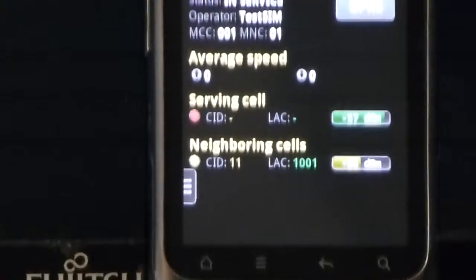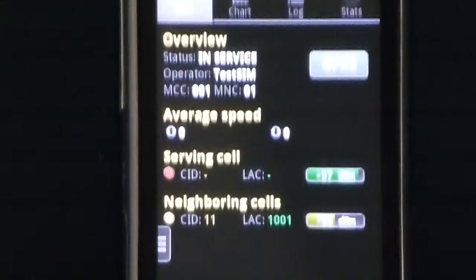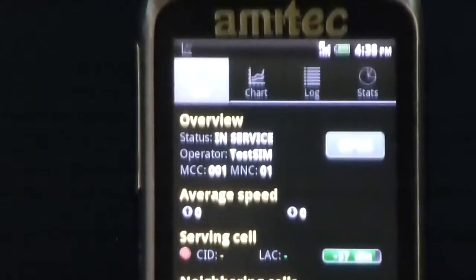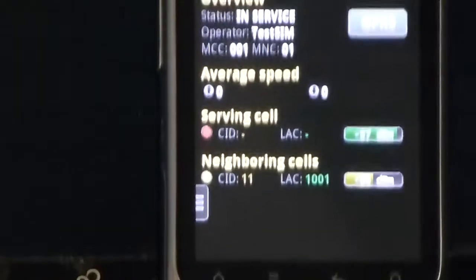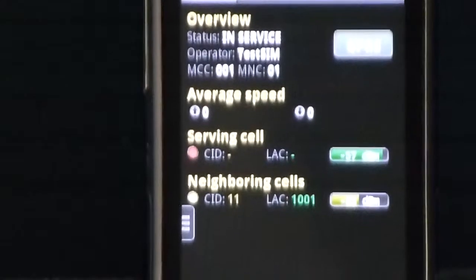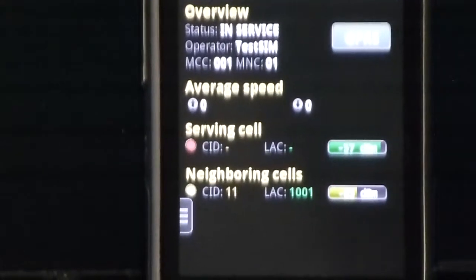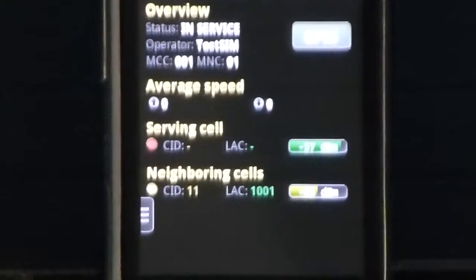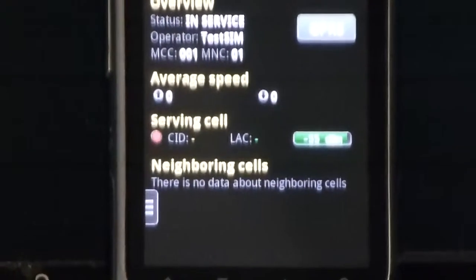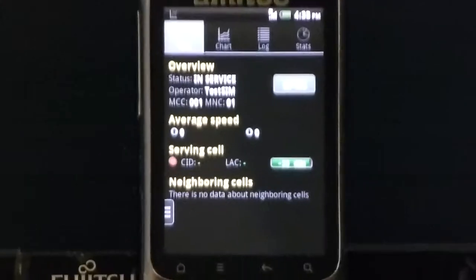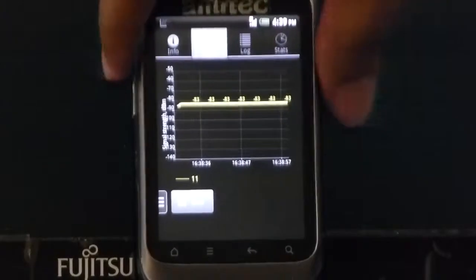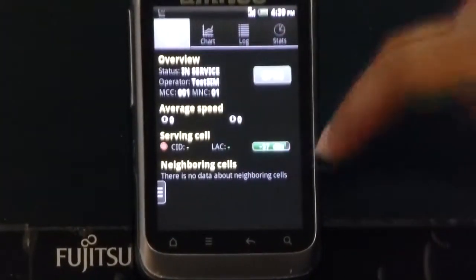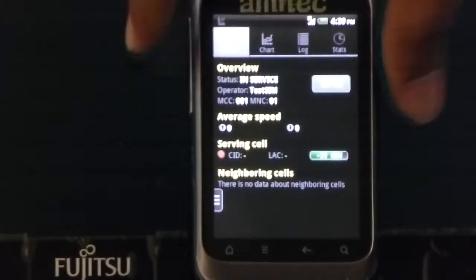These phones are rooted, so they provide access to the network level and to the basic parameters, like which mobile operator this phone is registered to, the location area code, the cell ID, which are the neighboring cells around this phone, what is the power level, how handover will occur, when handover will occur. All these power levels and RSSI levels can be monitored in this app. Currently it is showing a cell ID and location area code which correspond to this base station.